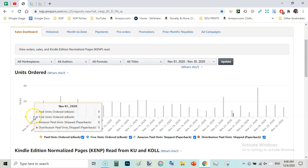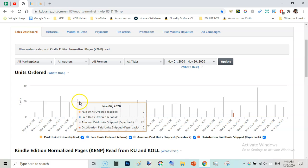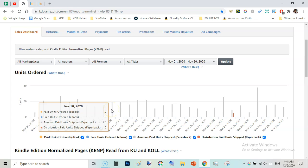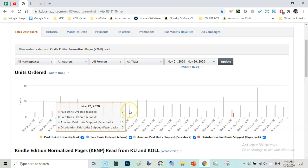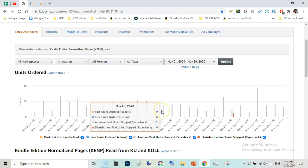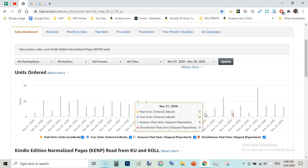It started very small, with 6 units, then 21, and then 8. That was a very good day: 27 units, 19 on November 5, 23 units, again 14 units on November 7, 13 units, 15 again, 20 units, another good day on November 10, 19 units, 16 units, 22 units on November 13, 22 again, 11, 15, 17, 17 again, 13 units, 11 on November 20, 8, that was a low day, and 12 units, and another good day on November 23rd,